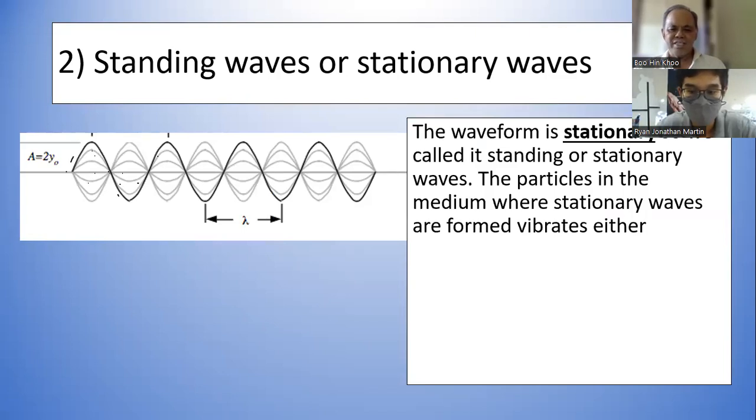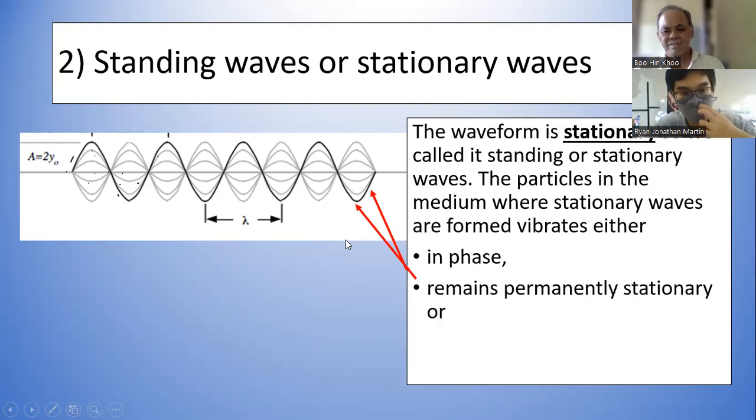The waveform is stationary, so it's called standing wave or stationary wave. The particles in the medium where the standing waves are formed vibrate either in phase, like here. If you look at this standing wave, we just draw the different positions of the wave as time goes on. So all these within these knots will be vibrating in phase, or it will remain stationary like this point. Permanently stationary, that is the knot,